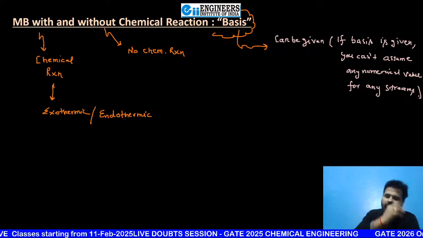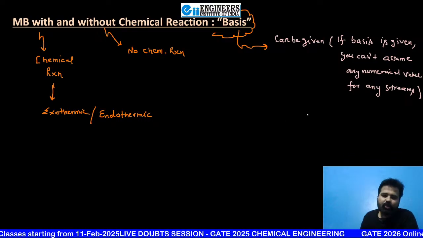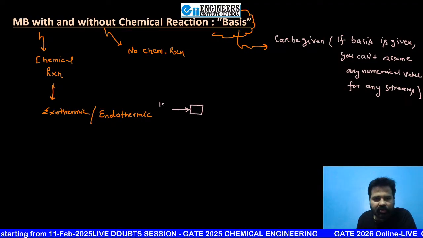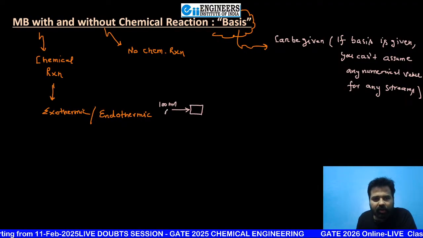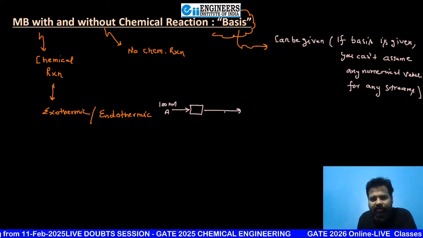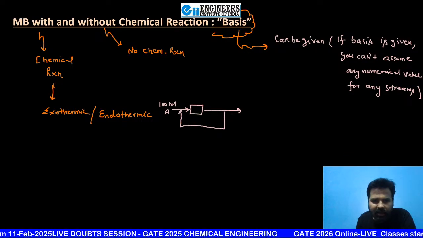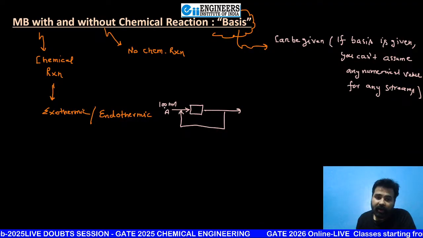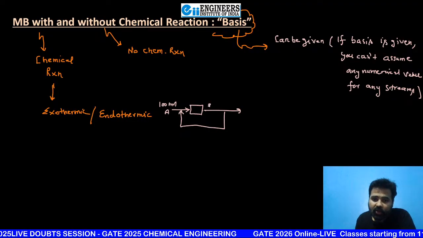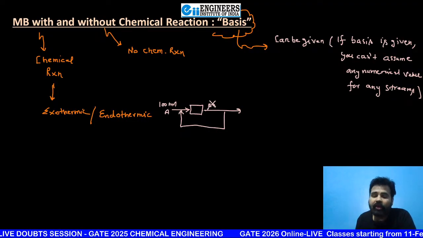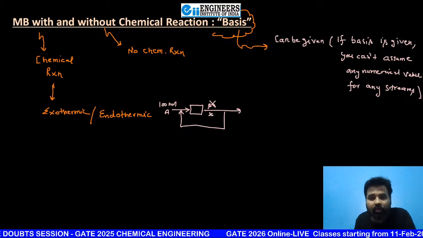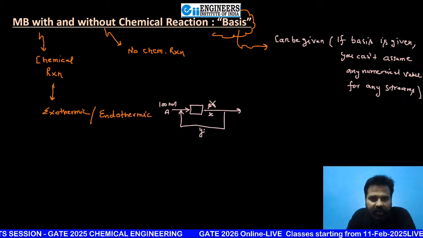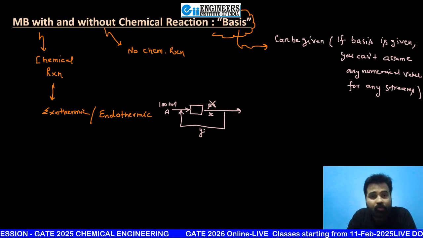Okay. What does it mean, beta? Suppose a reaction is there. This is your reaction. Here I am writing, suppose this is my 100 mole A. Suppose I'm writing like this, and in this type of reaction, some part is also recycled here. Okay. And now if 100 is written here, then you can't assume here like 20. No, no, no, you can't assume. If you want to assume here the amount is x, the amount here is y, you can assume x, y only. If 100 is given, then you can't assume from your side.